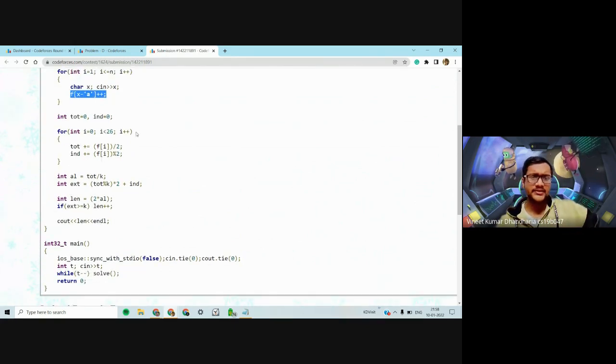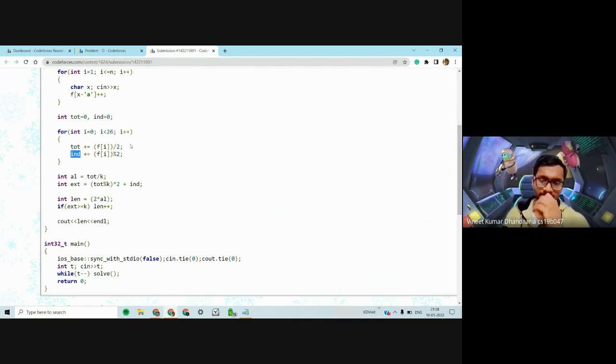After that, for each character, we find out the number of pairs. Its frequency divided by 2 will give us the number of pairs for it. If it's odd, we have one extra character left. If it's even, we don't have an extra character left.